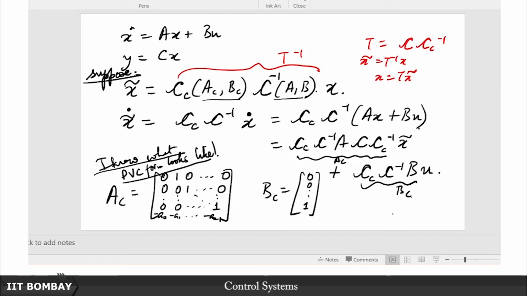So now that we have gotten here, we know that this is A_C and this is my B_C, that is it. So what are we now going to do? What is going to be our next key crucial step here? Let me summarize what we have done. Given any realization of the state space form in terms of A, B, C, you find out this controllability matrix C given by B, AB, dot dot dot, till A to the n minus 1 B, and determine that its rank is full or that it is invertible.